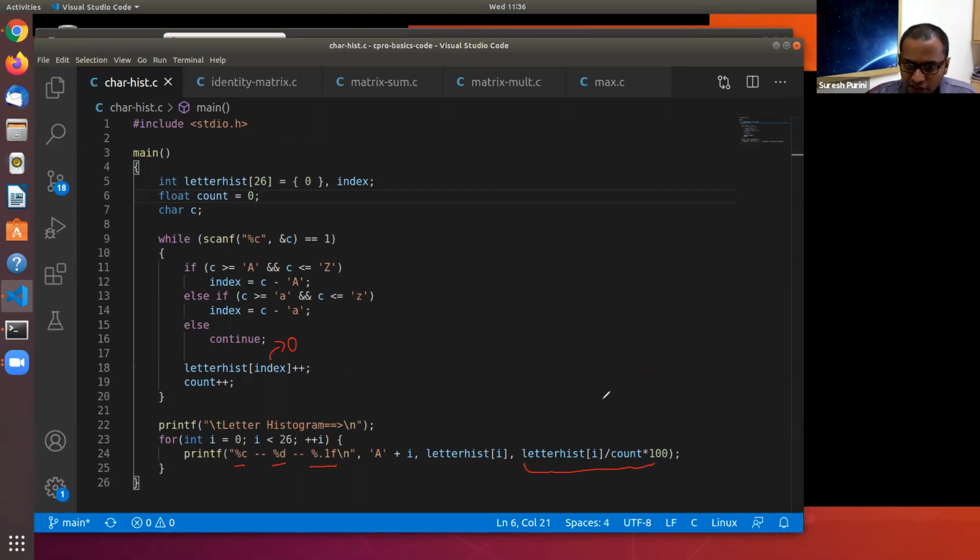Remember the precedence: first this will be computed, and then whatever we get will be multiplied by 100. You also have to remember we are using a float type for count. Otherwise, if you use an integer, it gets zeroed out, because integer divided by integer is truncated to an integer.